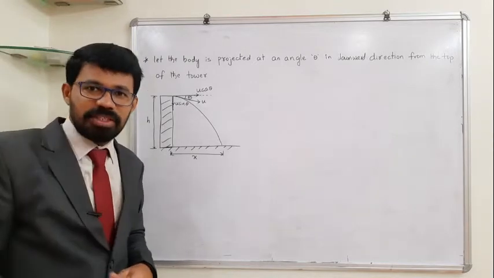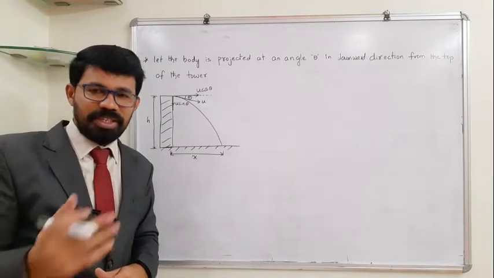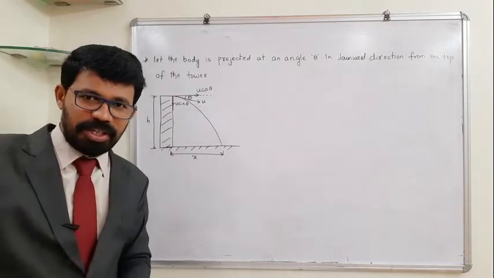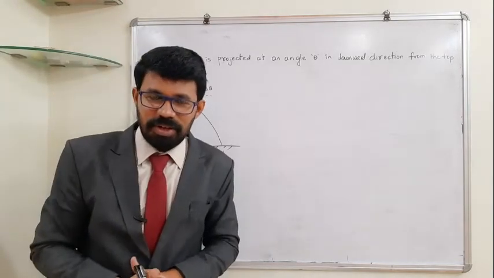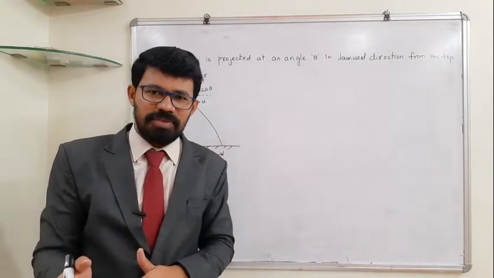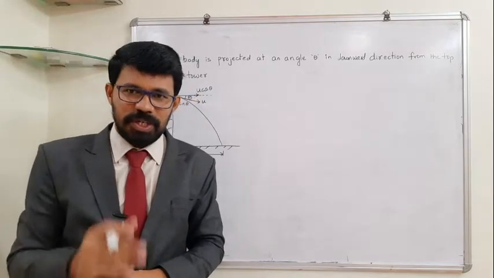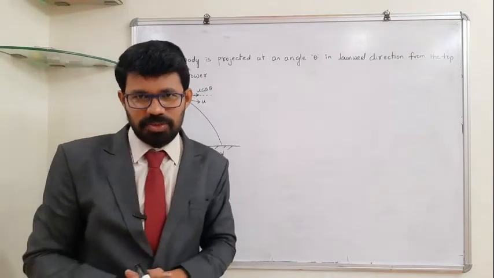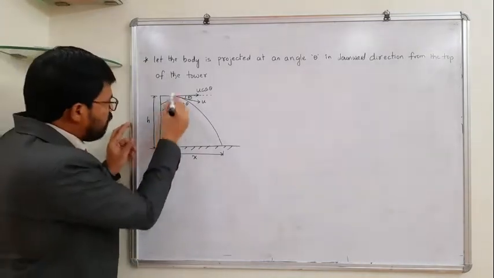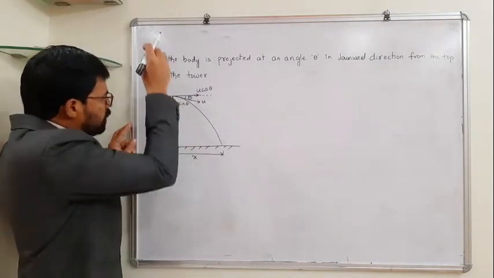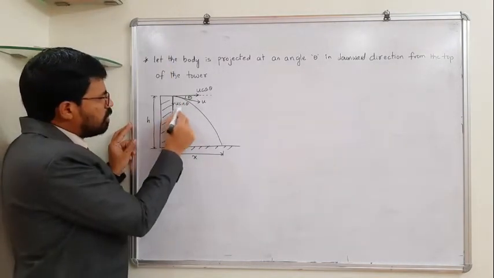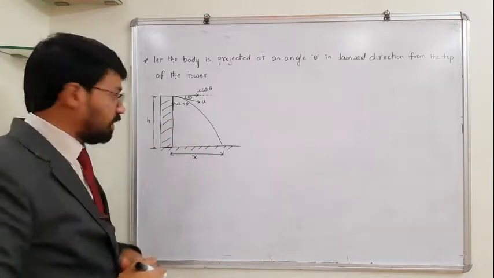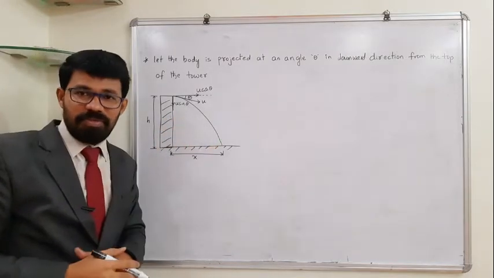If you project a body in the downward direction with a velocity, let us say a body is projected in the downward direction with a velocity u, what is the final velocity acquired? V square is equal to u square plus 2gh. V is equal to under root u square plus 2gh. That's what you will be writing. So here you can imagine this situation as if the body is projected downwards with a velocity equal to u sine theta. If that is the case, very easily you can find out Vy.